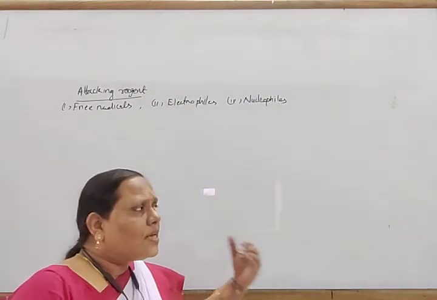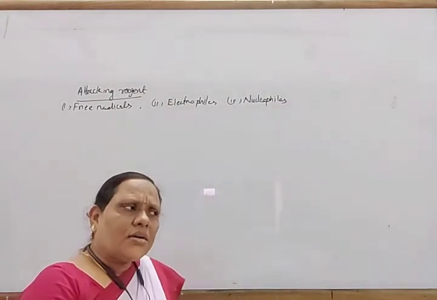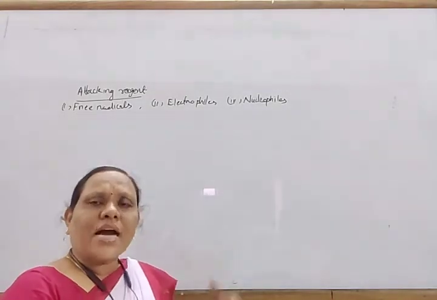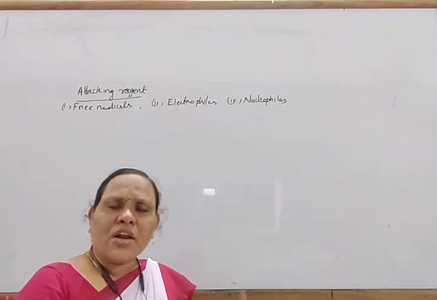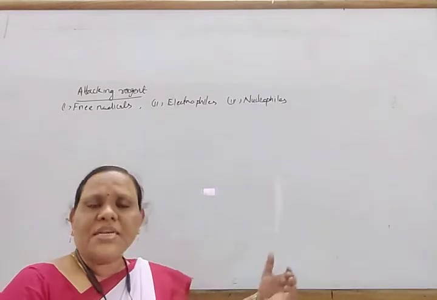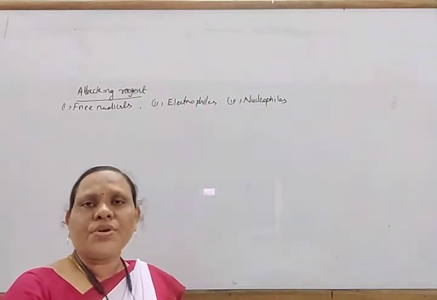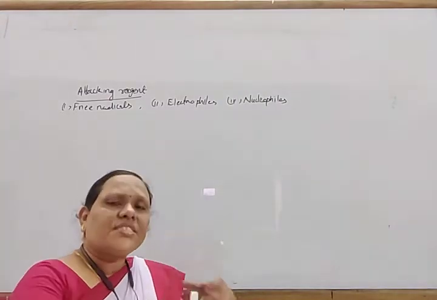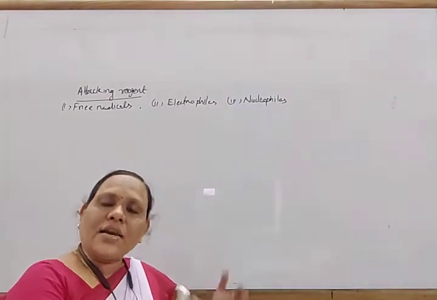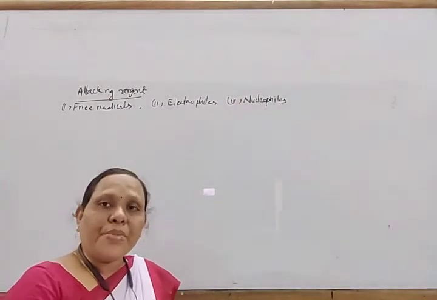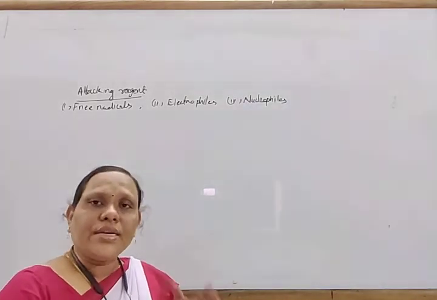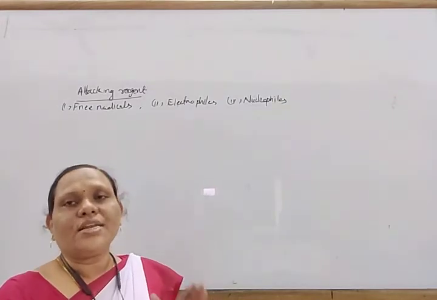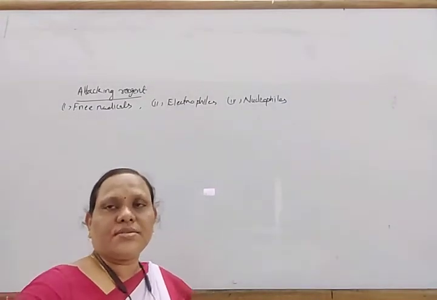So what are the electron rich species? Any atom or group of atoms which carries a negative charge, such as carbonate ion, chloride ion, sulfate ion, all negatively charged ions are known as nucleophiles. And neutral molecules having unshared pairs of electrons like alcohol, water, amine are also known as nucleophiles. I think it is clear now, what are electrophiles and nucleophiles. Now note down this.